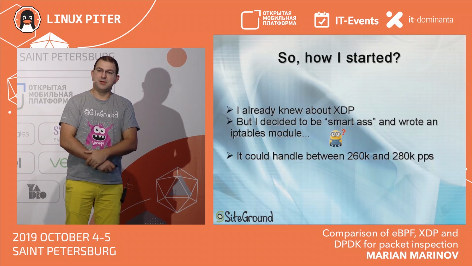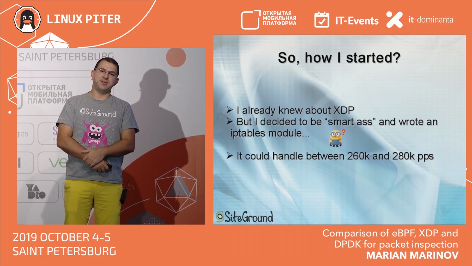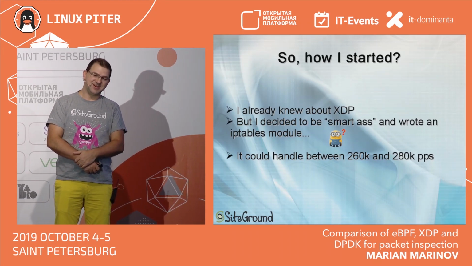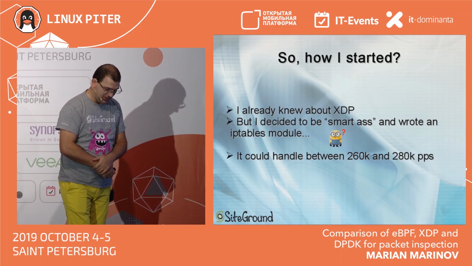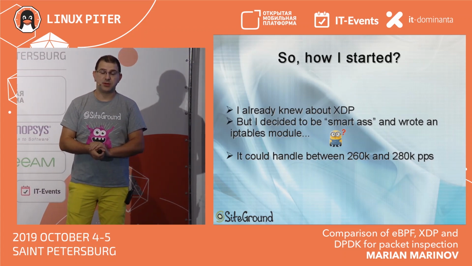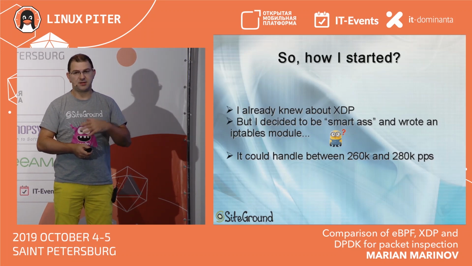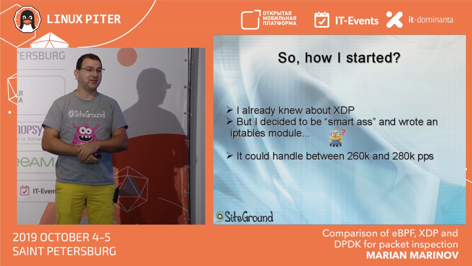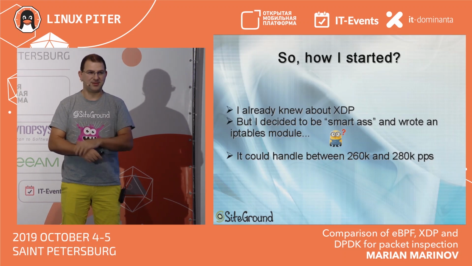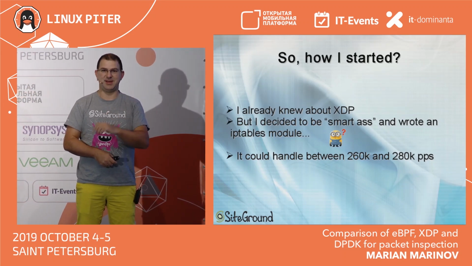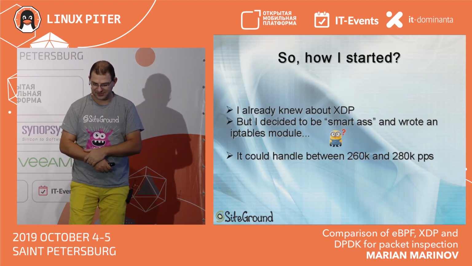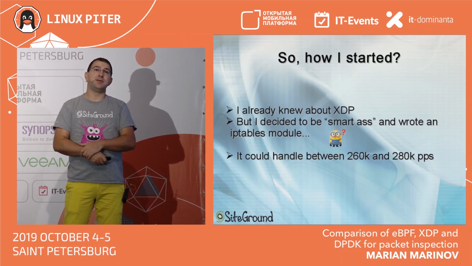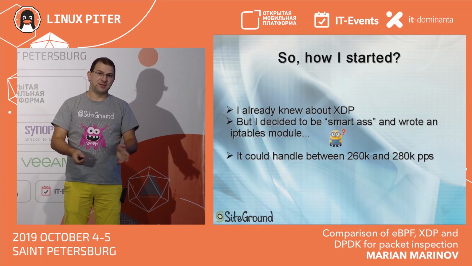So even though I knew about XDP, I decided to be a very smart ass and to write an IP tables module to fix my problem. Why a new IP tables module? Because I wanted to do layer 7 deep packet inspection. I wanted to get into the UDP packet and check the domain names that were there and the actual requests that people were doing. Doing this with the IP tables modules that currently are available